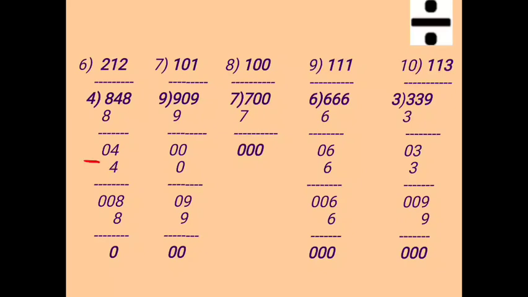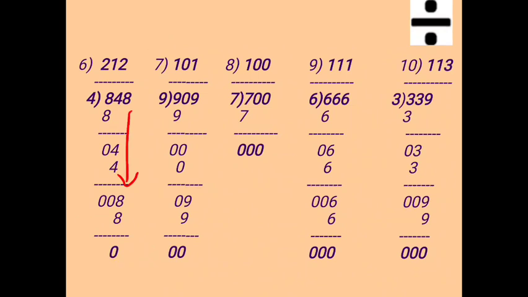So after doing subtraction, that is 4 minus 4, you will get 0. Then after this step, again you are going to bring down the next number, that is 8. Then again you are going to go to the 4 table, that is in 4 where there is an 8. That is 4 2s are 8. Now again subtract it. You will get the remainder as 0 and your quotient, that is your result, has